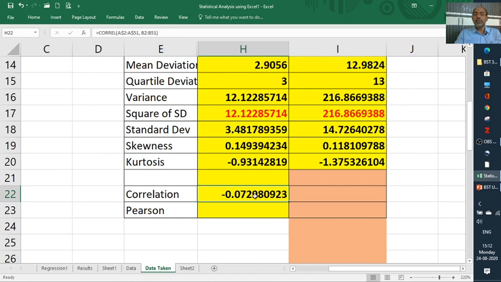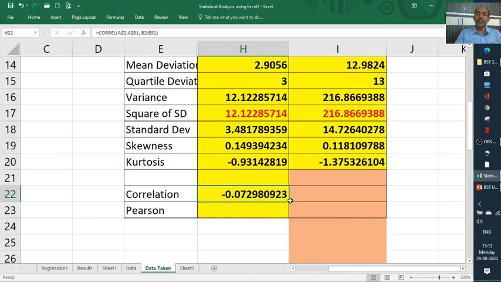Minus 0.07, that is a negative correlation. That means if the attendance is increasing, their marks are decreasing. In this way you have to answer. So going to college is also giving a wrong indication to the students. But don't interpret it in this way. This is just a simple illustration data. It is not taken from any study, hence don't worry about this one.